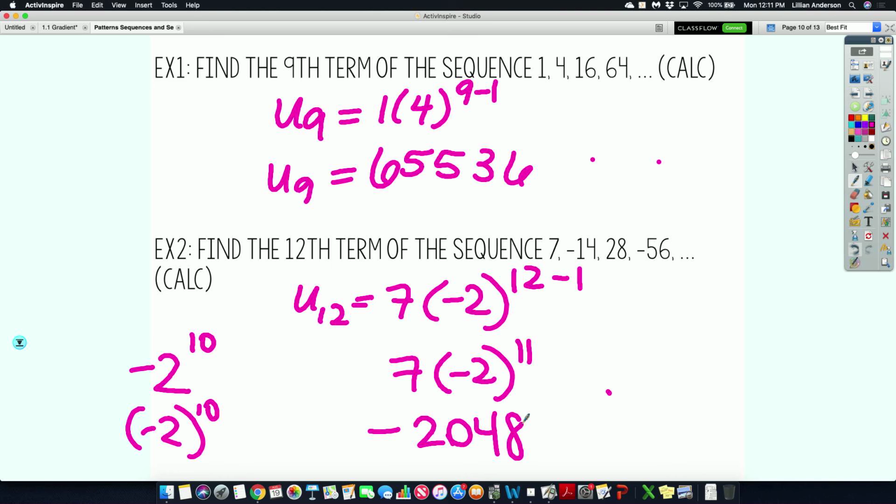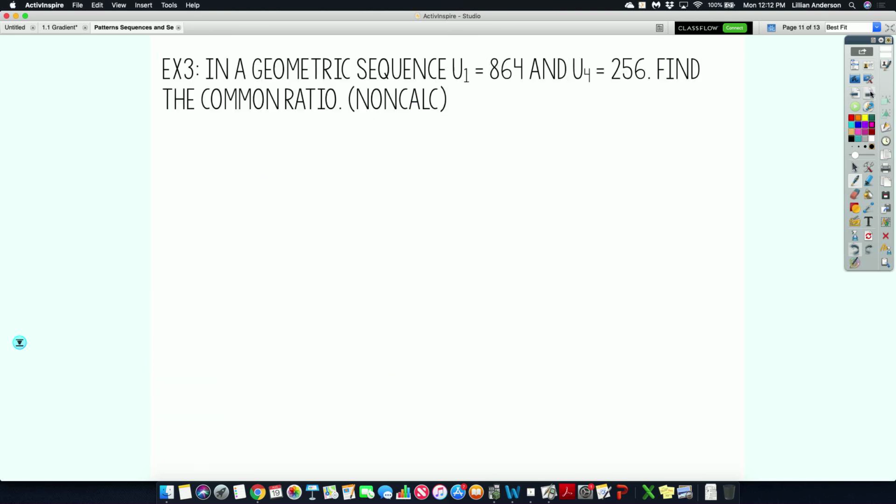Okay? Good? Okay. Step it up a notch a little bit. Just tap it. Okay? This one. In a geometric sequence, we have two terms, one of them being the first term, and another one being the fourth term, causing us to have to find our common ratio. This one's non-calculator. Now, you might be able to see what the common ratio is right off the gate. I can't. I mean, actually, I can't because I've done this problem the same for like the last 7 years. But, you know,